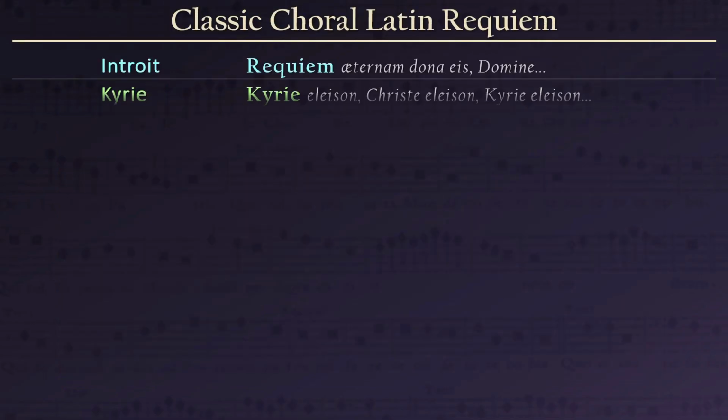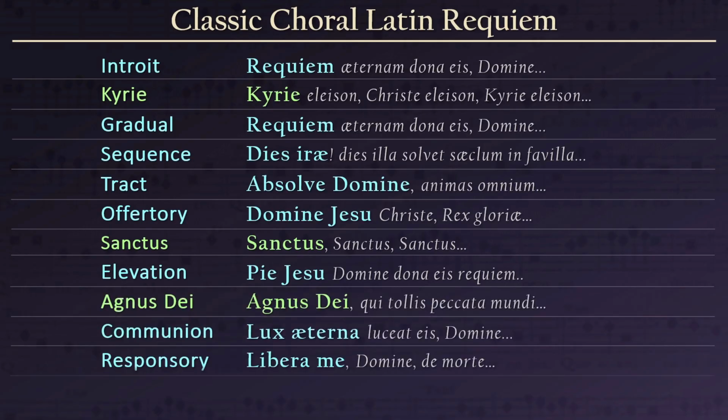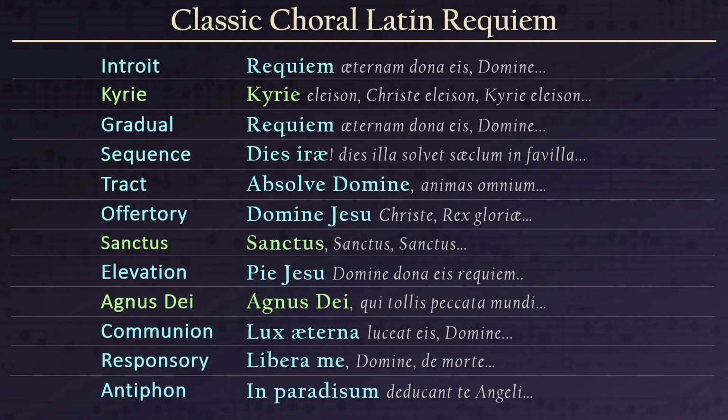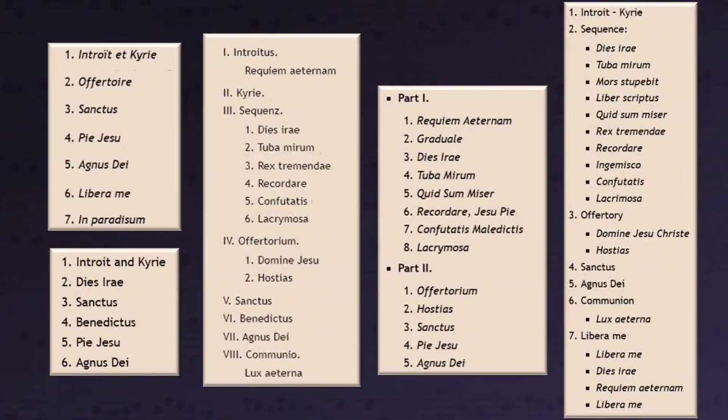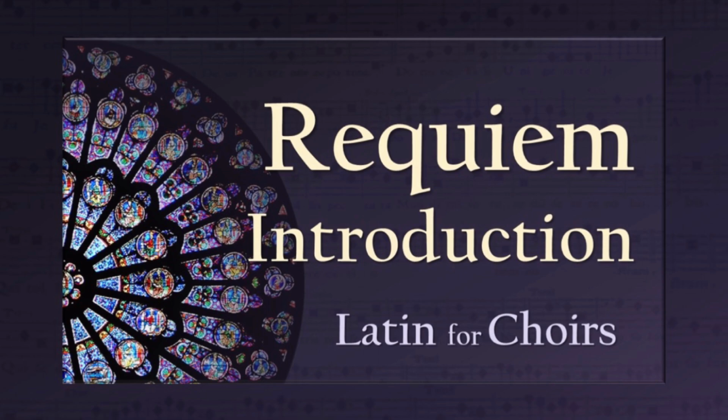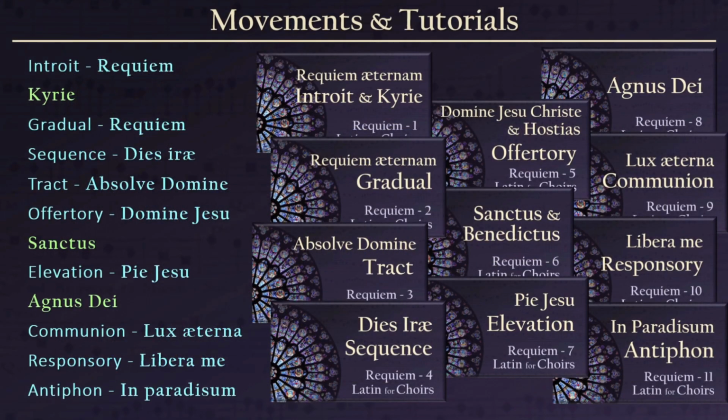Most classic choral Latin requiems follow a standard list of prayers, but composers might split or tie prayers together or add or omit prayers. Just look at a table of contents of a few masterworks and requiems can appear more unique than standard. So I highly recommend you watch my video. It covers just enough history and background to make sense of any classic choral Latin requiem. And it will help you match the right video to the movement you're working on, no matter which composer.